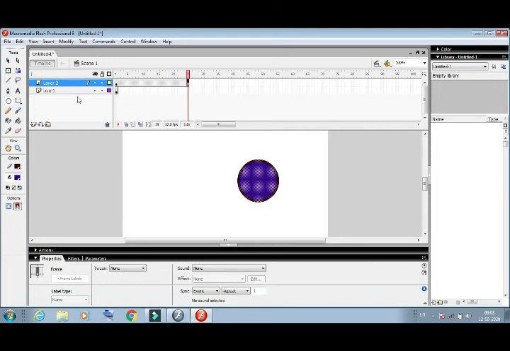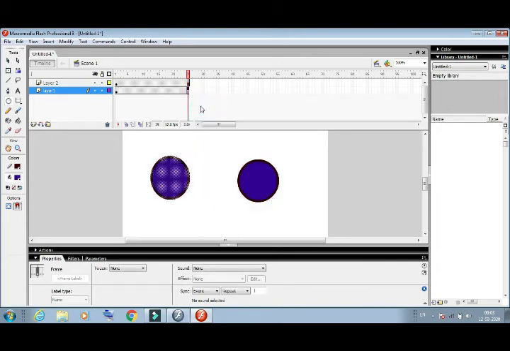Then after we will apply and set the same timeline to layer 1. How can we insert it? First we will select this layer 1, click the left mouse button, then the right mouse button, and insert the frame. So this is layer 1 and this is layer 2, and the same timeline we have to apply.